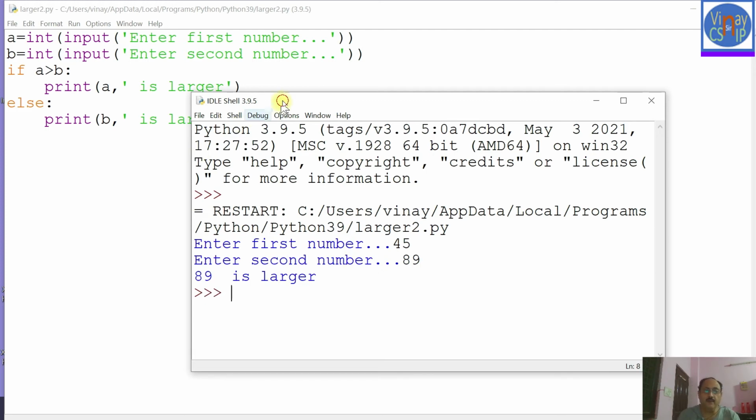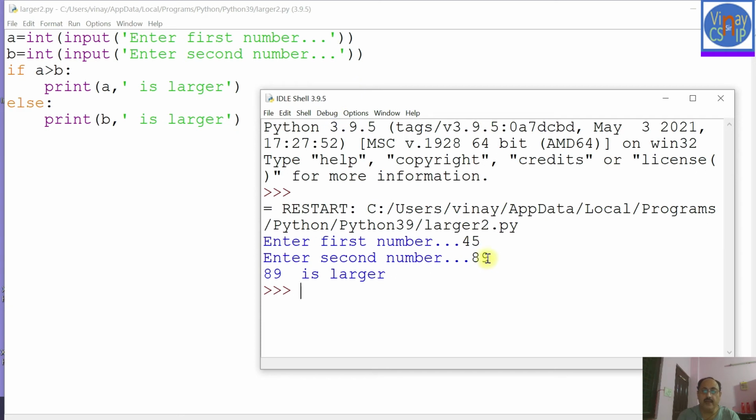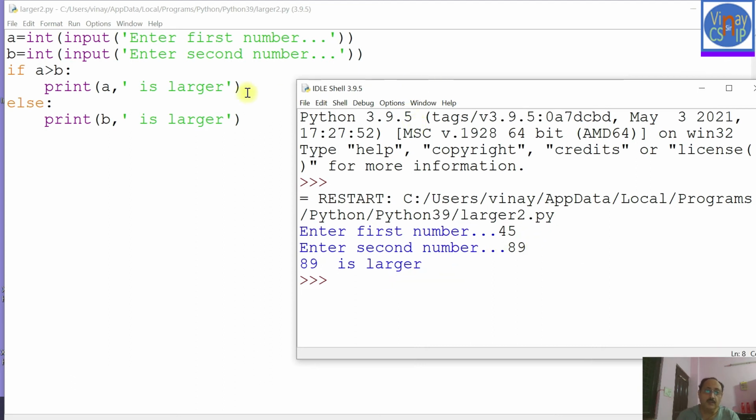So this time we gave 89 as the second number. So how did this program execute? I input 45 in a, 89 in b, and then it will check this condition whether 45 is greater than 89.